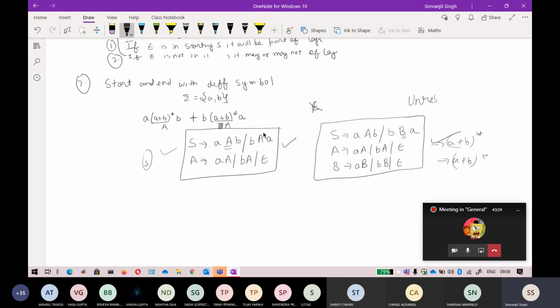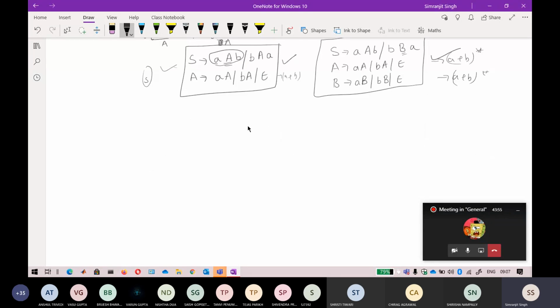If I give you a grammar, you can again see how the derivation goes, because if you see the pattern here, you can easily say it is starting from a, ending with b. And if you see the pattern of b, you know that this is a plus b star. Okay, so derivation from the grammar to a language is very easy. So that is why I prefer that you should start with the language and go towards the grammar. You will know the underlying concepts of it. Okay, so now this we have already done.